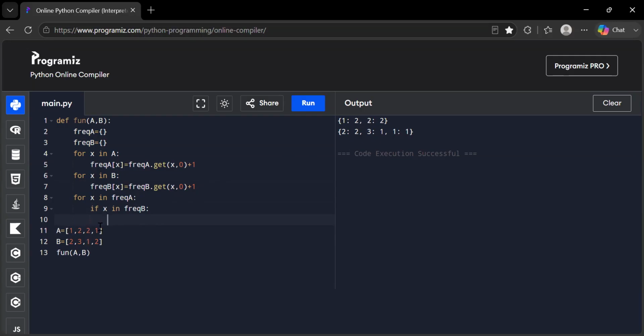I mean, here there are two ones and here there is one one. So the common one is only one, right? So we'll take the minimum